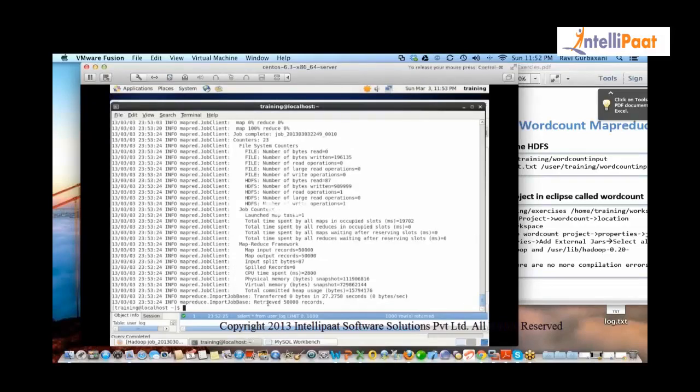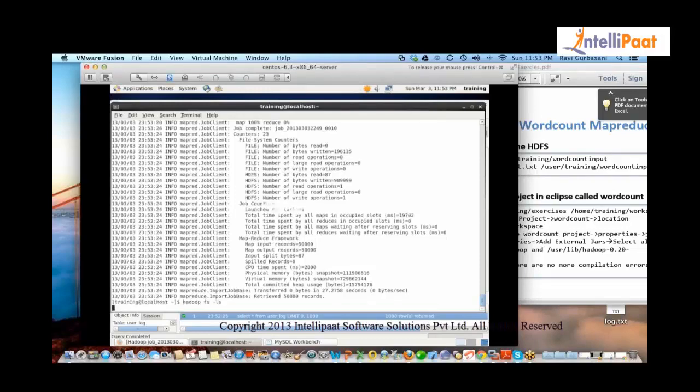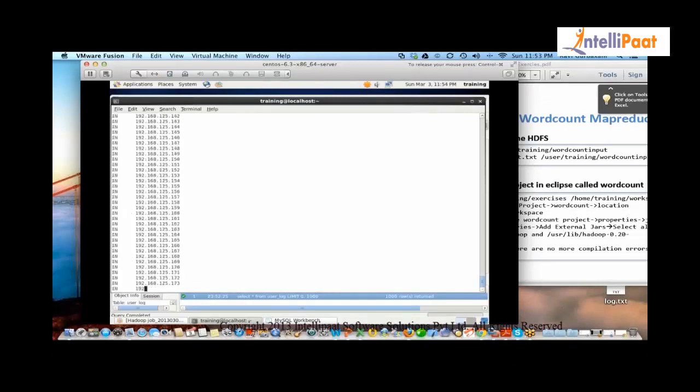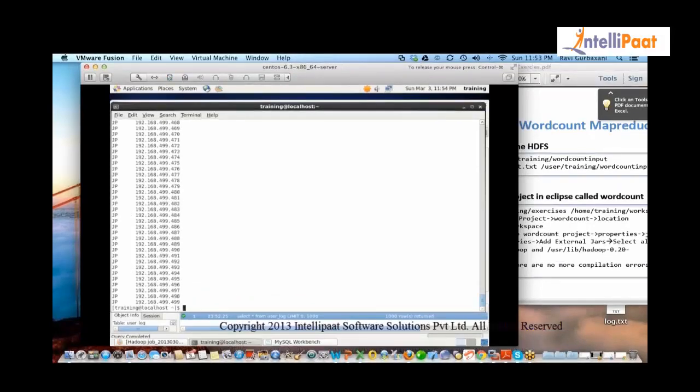Now see what it says is Hive. Now I say hadoop fs -ls. So all the data has come from MySQL to HDFS now. Clear? This is going to be very, very important in your job.